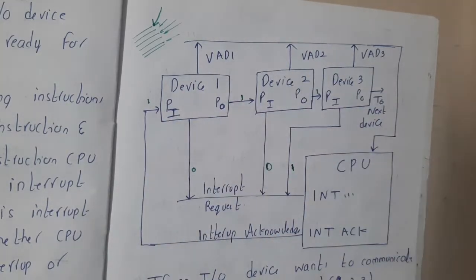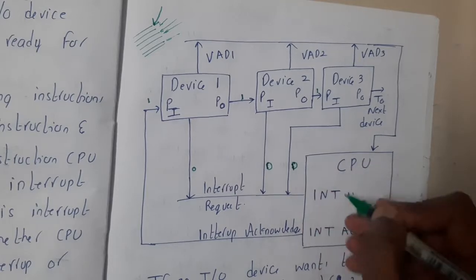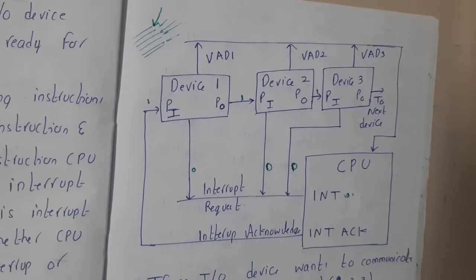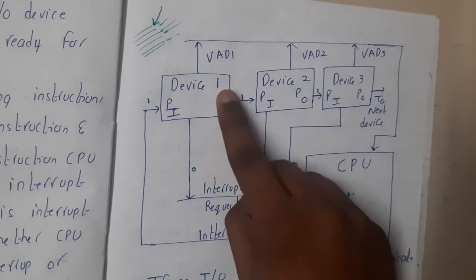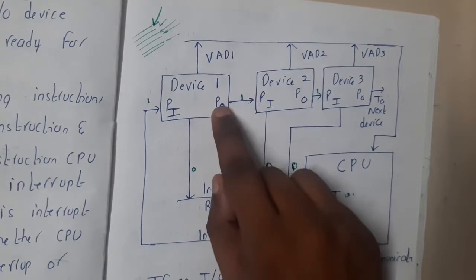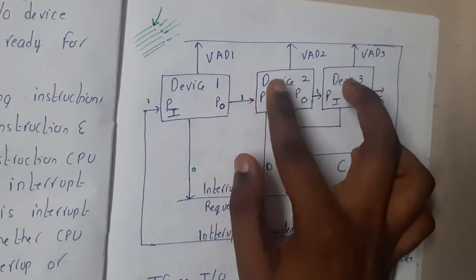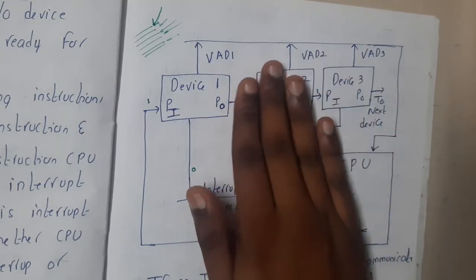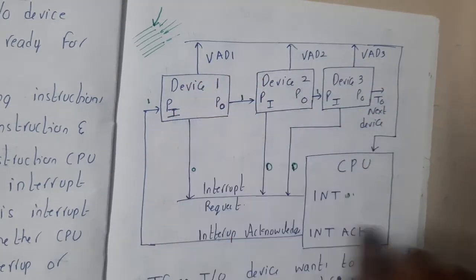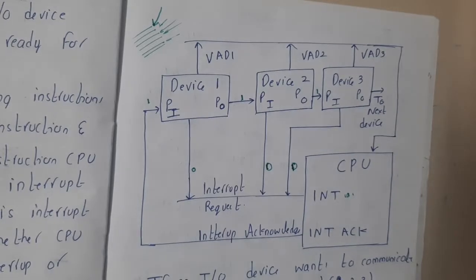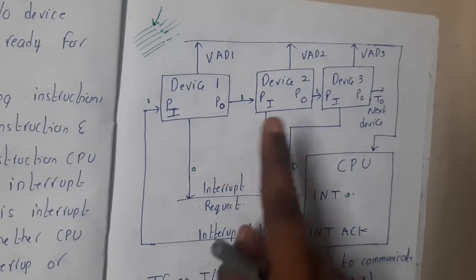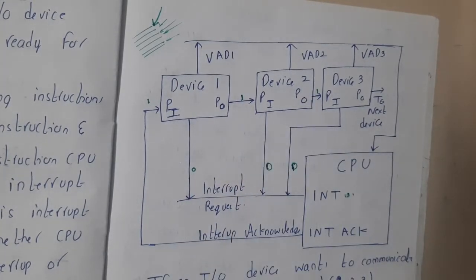So in this way, this will work, guys. Got it? At the end, this will become 0 and the interrupt will also become 0. If you observe carefully, there is the concept of priority here. Whichever device 1 is there, if it wants to send the data continuously, it can overwhelm device 2 and device 3. It will not allow device 2 and device 3, and it will send its own data again and again. So that is the thing here. You can say that is a disadvantage, but it's okay.